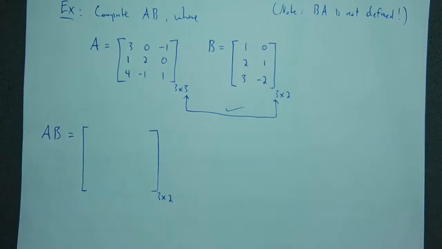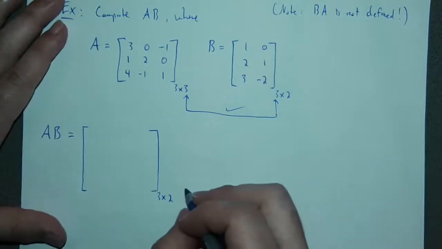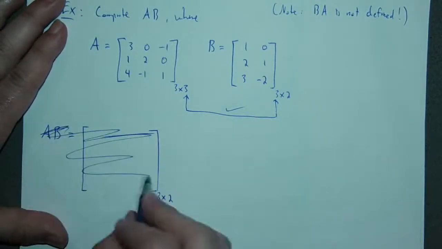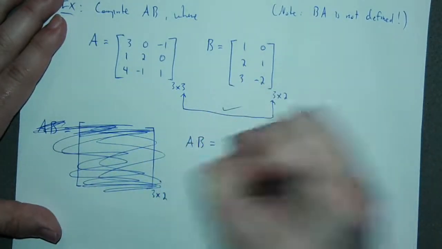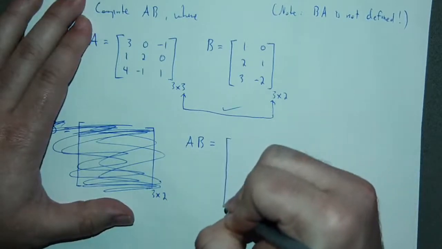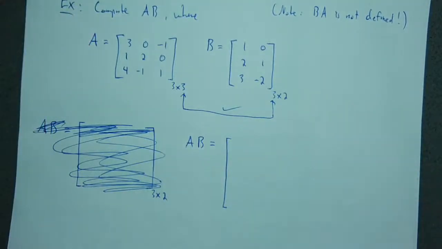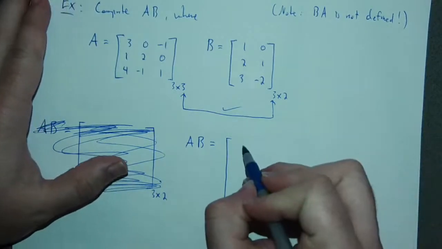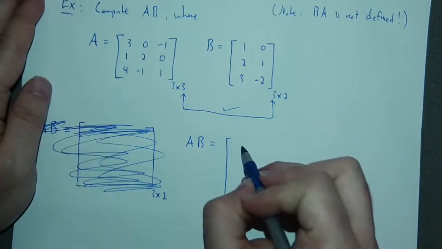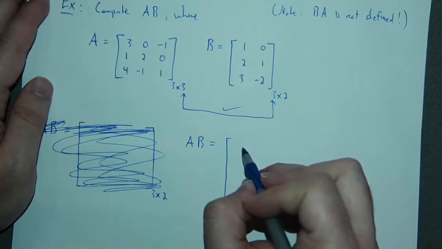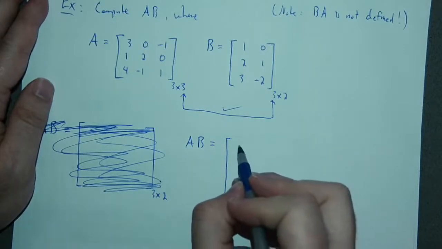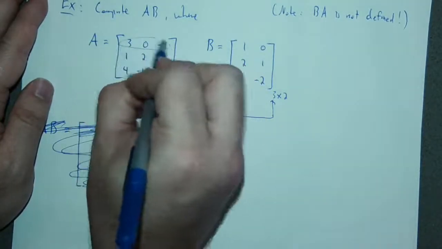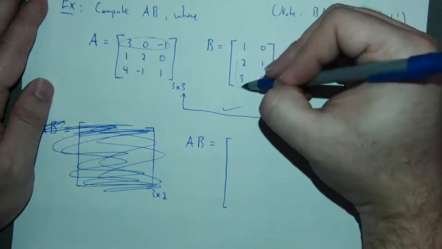I probably didn't give myself enough room here. Okay, so maybe, let's forget that I wrote this. I'm going to give myself a ton of room here so I can really write it out. So A times B is, I'm just going to write this side. I'm not even going to box myself in here. So I am in the upper left corner. That is first row, first column. What do I do? The row column rule says that since I'm computing A times B, I take the first row of A and the first column of B,